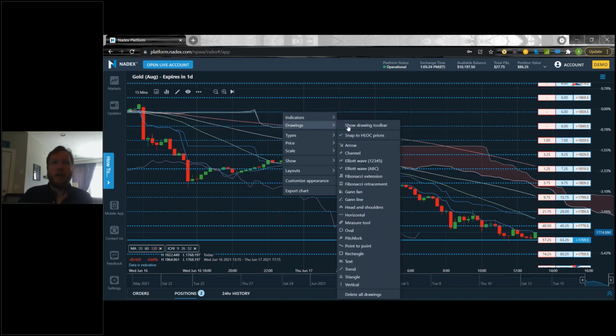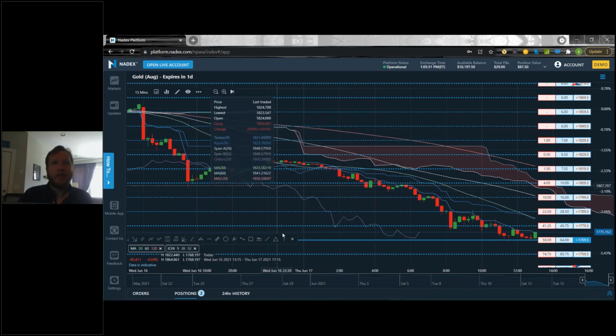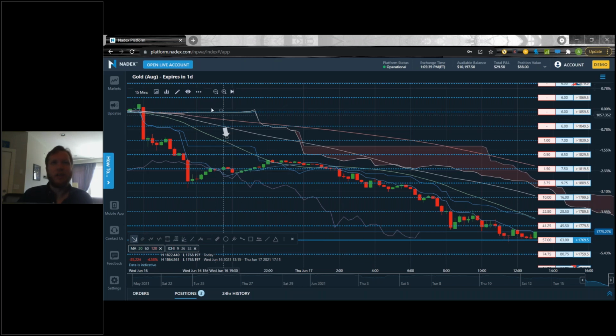So next down, we have our drawings. So we can show our drawing toolbar. We hit this drawing toolbar, and now you can see we have this little toolbar down here. If any of you like to draw on your charts a lot, you can do this. I can hit my arrow. I can do channels like this, right?